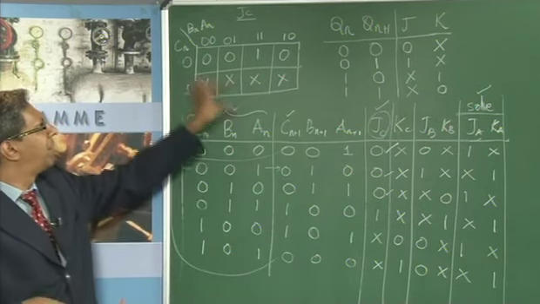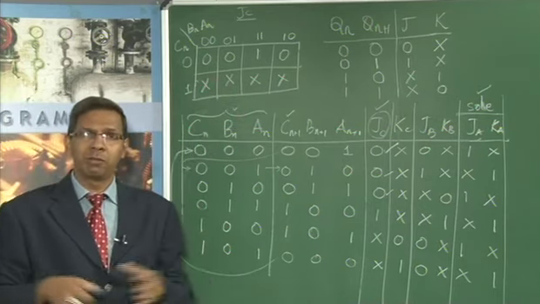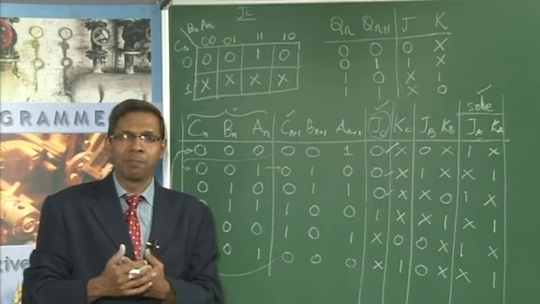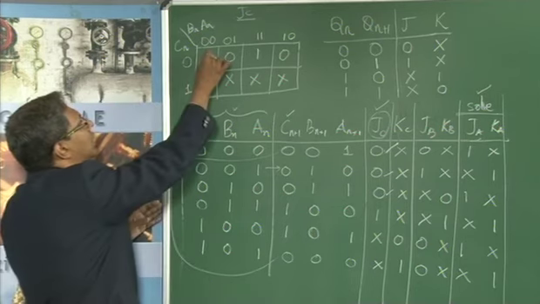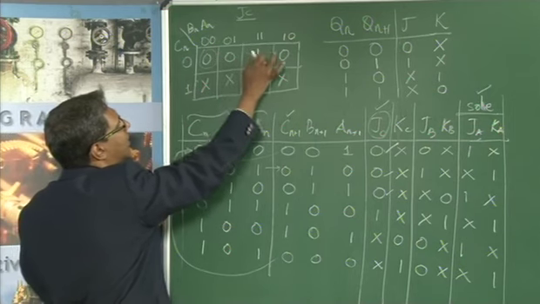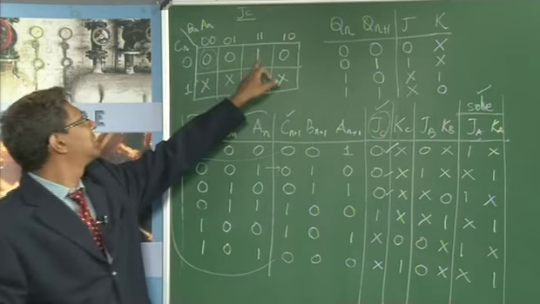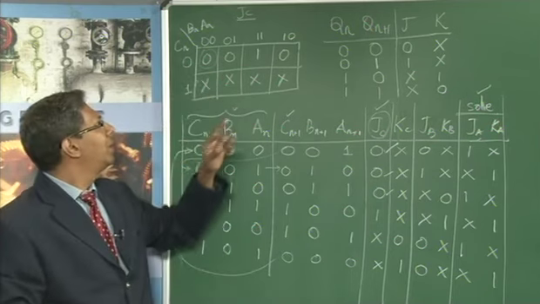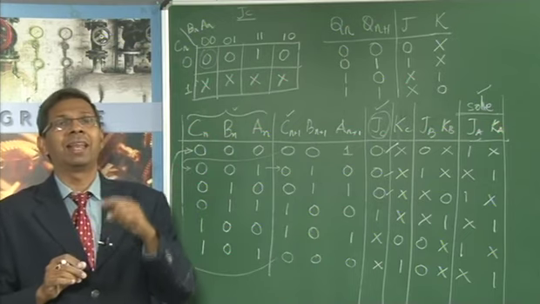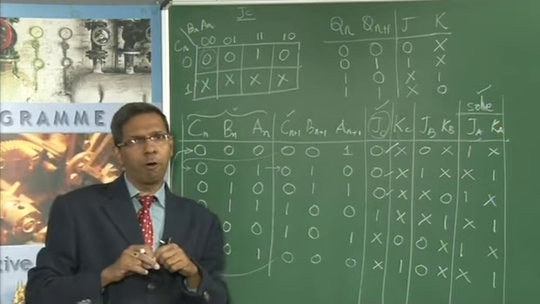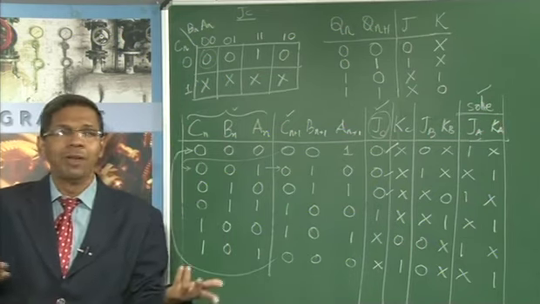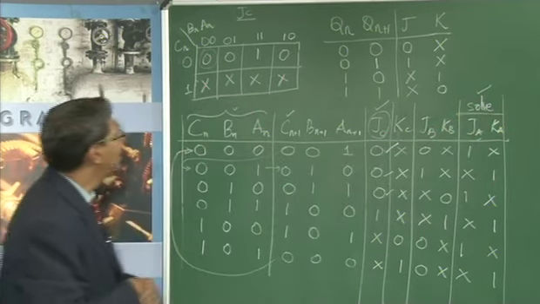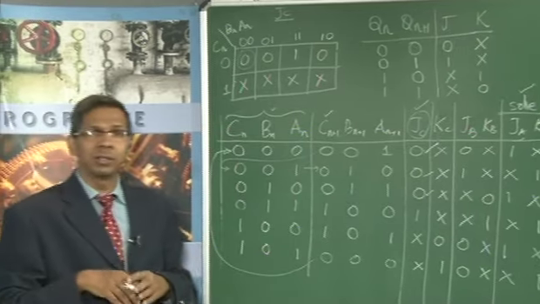But the benefit of having this K map is you can simplify it whichever way you want. You can merge the boxes together and eliminate the variables. For example, each term here is represented by 3 variables, C, B and A. If we can merge 2 blocks, we can eliminate 1 variable. If we can merge 4 blocks, we can eliminate 2 variables. And if we can merge all of them, there are no variables, it's a constant. So let us try to see how we can merge these ones.